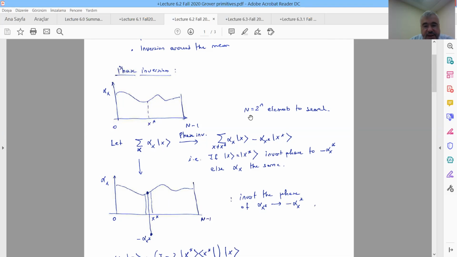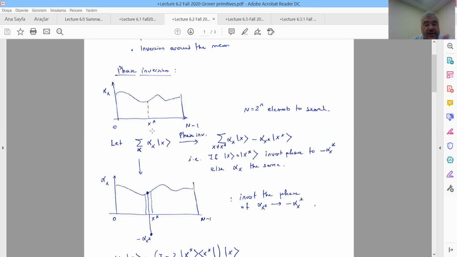All of these entries are in the quantum state we are talking about. You have ket x, a particular entry, and there are 2 to the n of them, with coefficients alpha sub x, because it's a linear superposition of all these possible states. If we plot these coefficients alpha sub x, and x star is the solution, phase inversion is you invert the alpha sub x that corresponds to x star